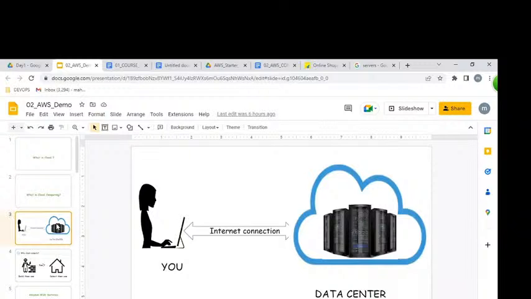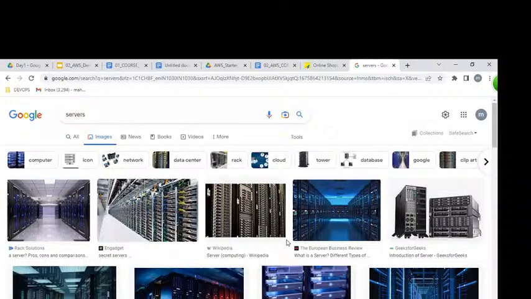From these data centers, if we can access computing power, resources or infrastructure over the internet from a laptop, that is nothing but cloud computing.